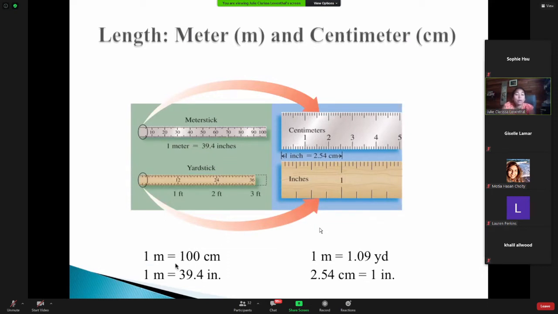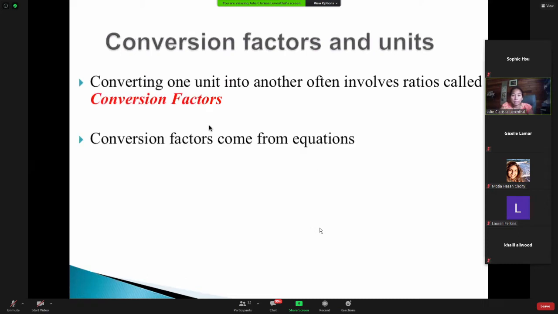These are your conversion factors. These are equivalencies coming from measurements. So 1 meter is 100 cm. 1 meter is 39.4 inches. 1 meter is 1.09 yards. Okay, you have from metric to metric. You have from metric to the British unit. Then you write it down as your conversion factor over